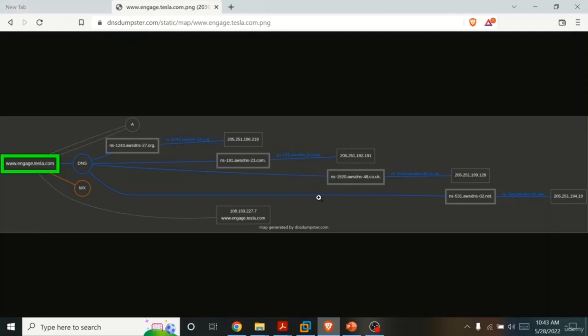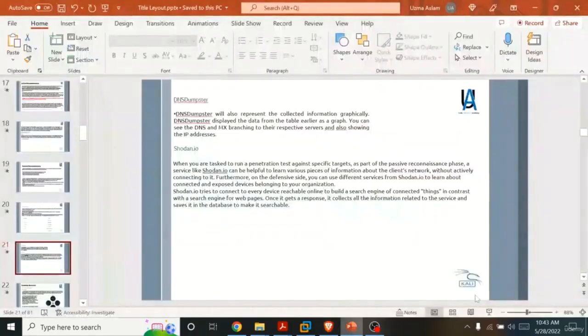So students, DNS Dumpster is a very useful online utility. You can use this in order to get information about your victim. Okay,